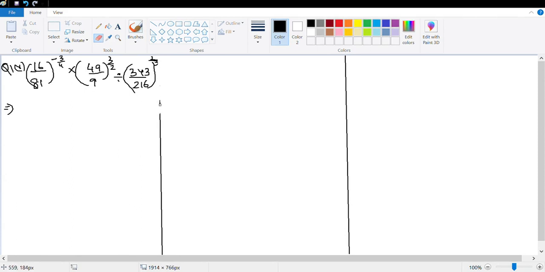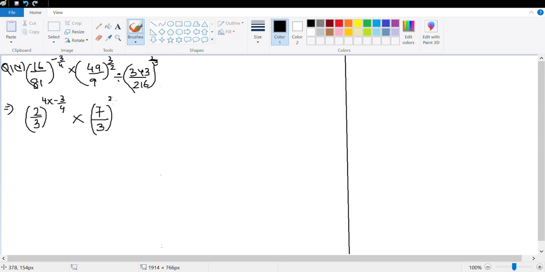I noticed that for the first one the common base can be 2 and 3. So 16 can be written as 2 to the power 4 and 81 can be written as 3 to the power 4. So this is (2/3) to the power 4, raised to negative 3/4, multiplied with 49, which can be written as 7 to the power 2, and 9, which can be written as 3 to the power 2, all to the power 3/2, divided by